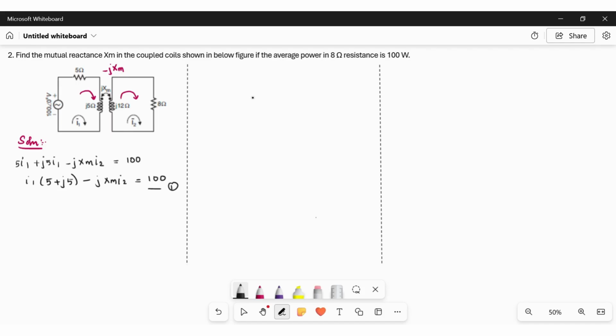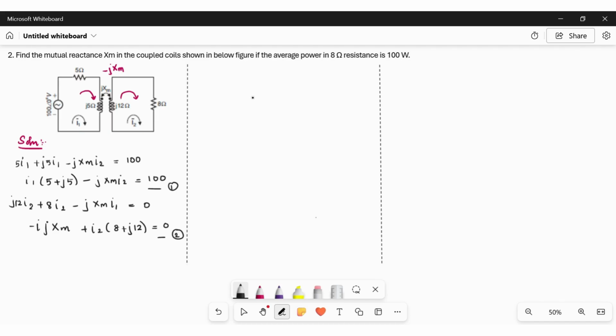And then for the second loop, or for the secondary, if we apply KVL, j12 I2 plus 8 I2 minus, again the mutual coupling in the secondary is due to the primary current, which is I1, which is equal to 0. Again, if I take minus I1, then it will be jXM, and then plus I2. If I take it commonly outside, then we will get 8 plus j12, which is equal to 0. This is